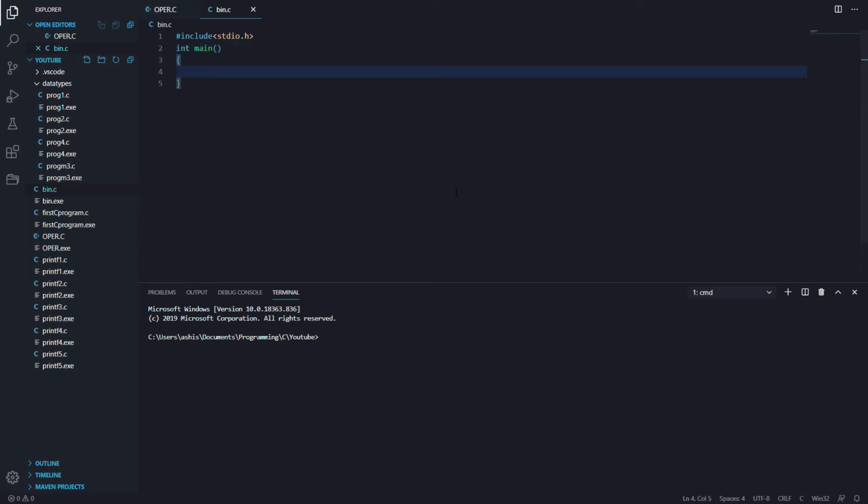Now first of all we will take a variable, we will assign it 2. This first one is an example of the complement operator,